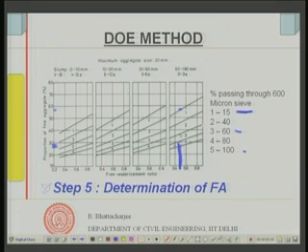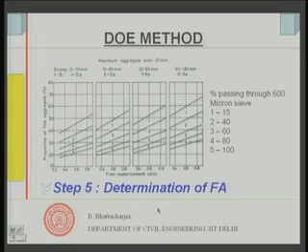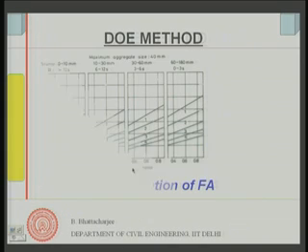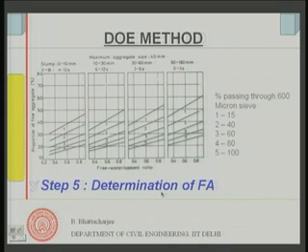So, using this curve, we can determine the fine aggregate content. A similar curve is available for 40 mm aggregate as well. This is the curve for 40 mm aggregate. So, for different sizes of the aggregate, different MSA, and different slumps, different workability, that is, and for various water cement ratios, once I know my cement and water and total aggregate content, the proportion of the fines in the total aggregate system is now determined from these curves, and you can distinguish this from what we did in case of Indian standard.